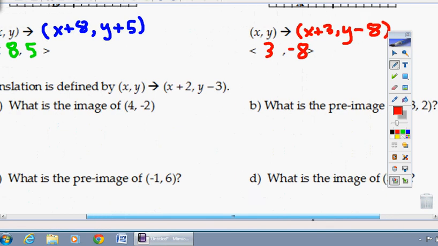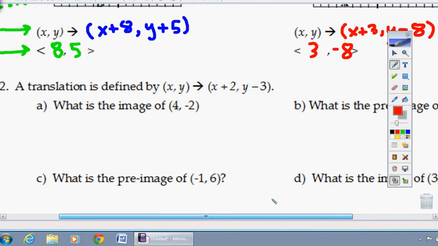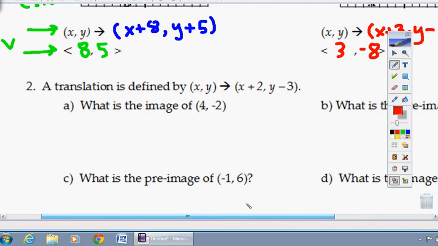Alright, now, what if we don't have a graph? What if it just says a translation is defined by, and then it says xy maps to x plus 2, y minus 3. And again, what that means is we're taking every vertex in our pre-image and we're moving it to the right 2 and down 3. So what I'm going to do is I'm going to